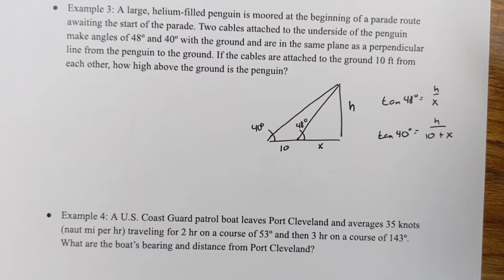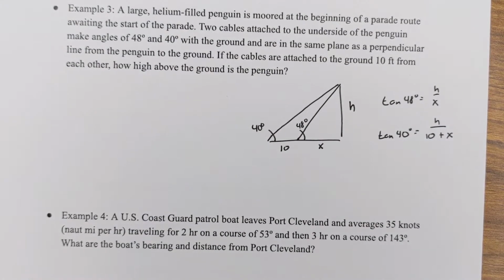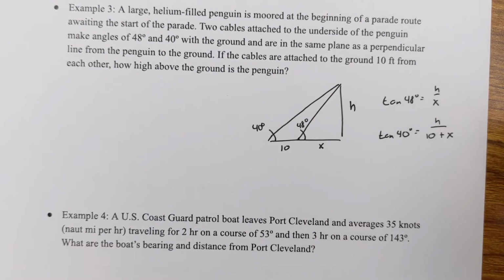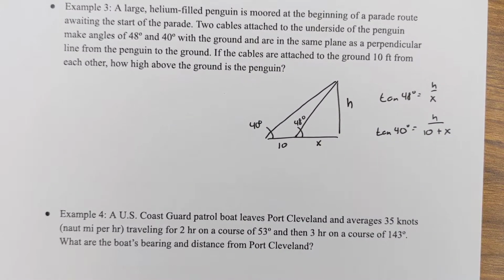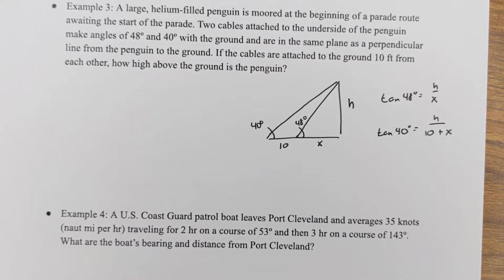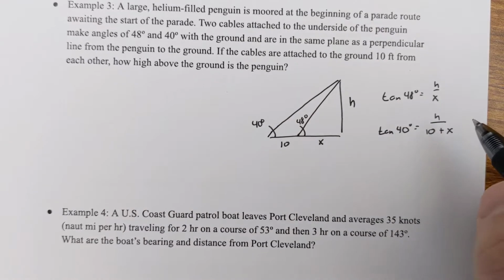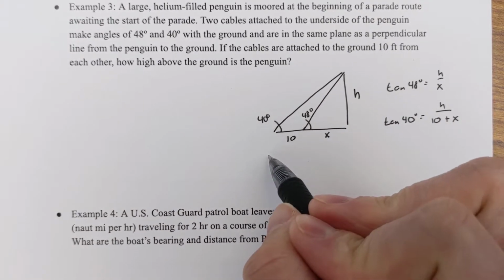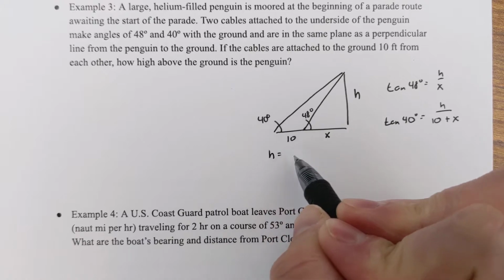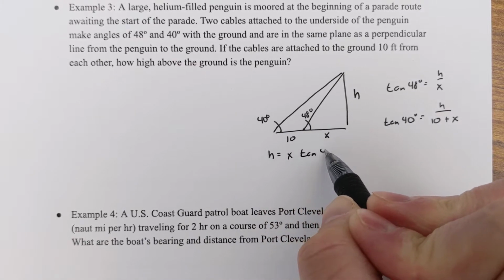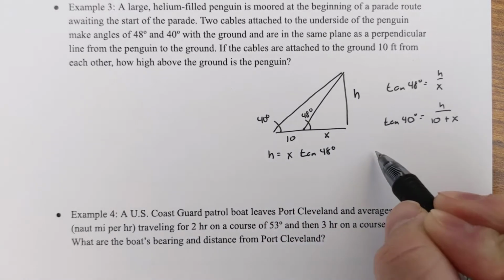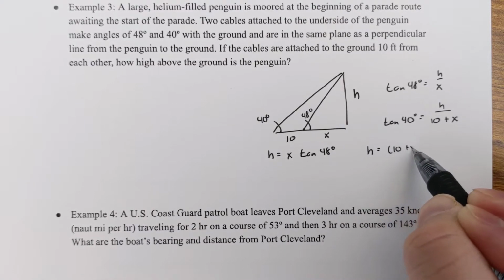So I want to find the height, but I probably have too many variables. I have two equations, so I can rearrange them so that they are equal to each other, and then I can work this out a little more cleanly. For example, I'm going to get h by itself, it's going to be easier. So that first equation is just going to become h equals x tangent 48. The second equation is going to be h equals 10 plus x